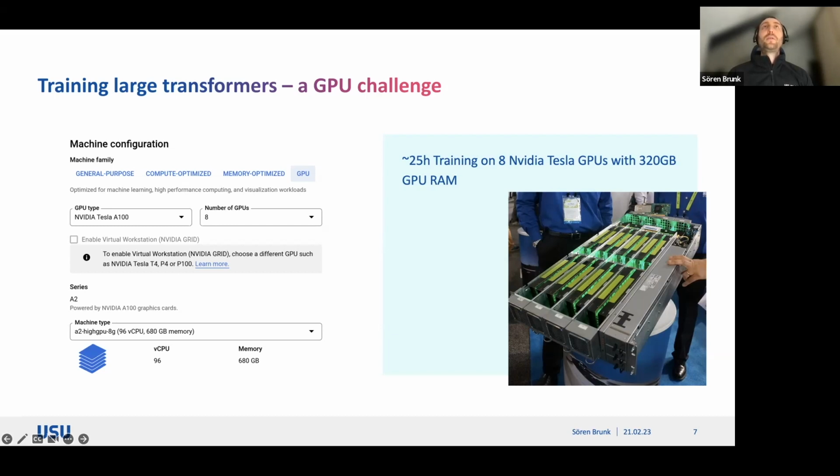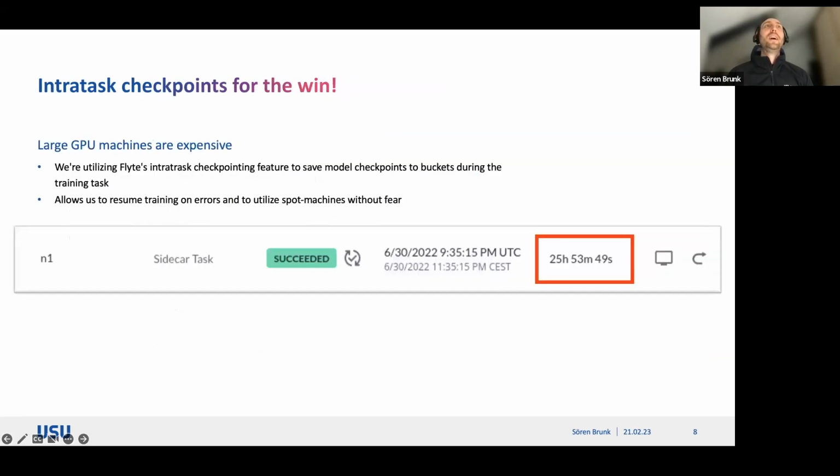So this is, of course, expensive, and you don't want to lose state. You want to make sure this works, this runs, doesn't crash, or if it crashes, you can resume. And of course, you want to make sure you have the right fast GPU. So one thing here where Flyte really is helping us is the InterTask checkpointing feature,